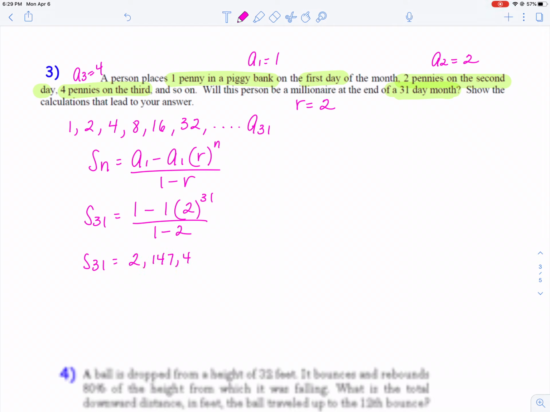2,147,483,647 pennies. Remember, that's pennies. So what would you do with your pennies to figure out how much that is in dollars? You could take your pennies and divide by 100, and that's going to tell you how much money you would have. If you divide that number by 100, you're going to get,